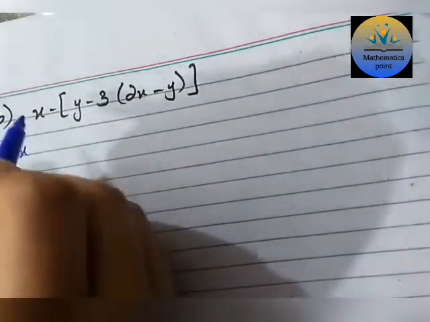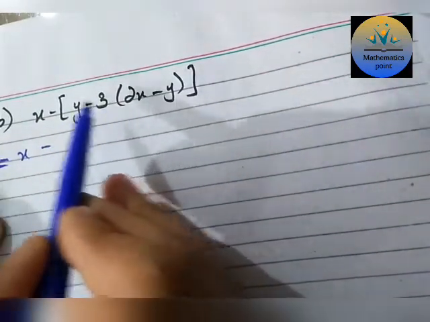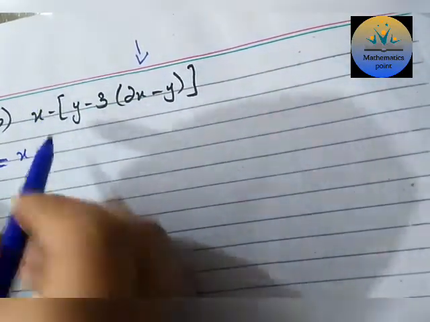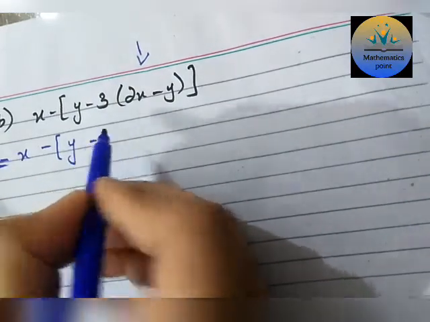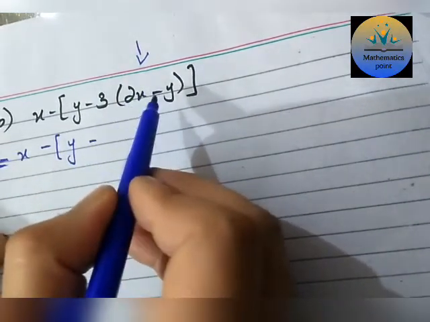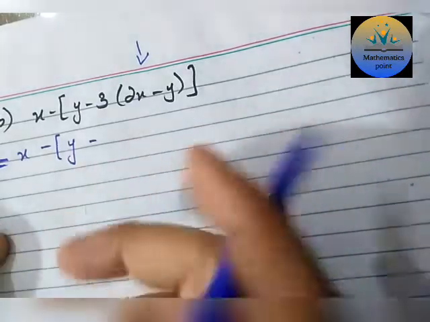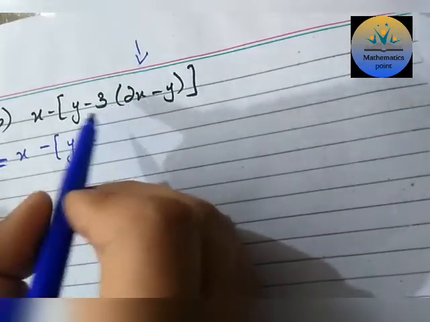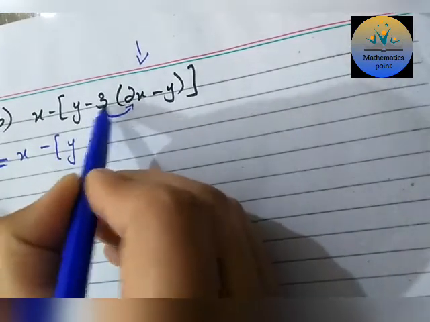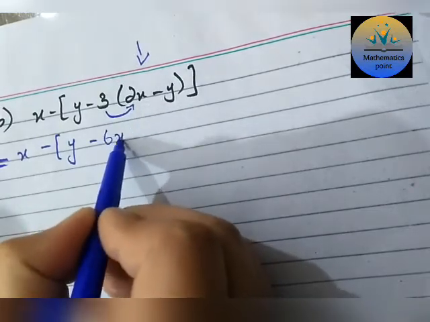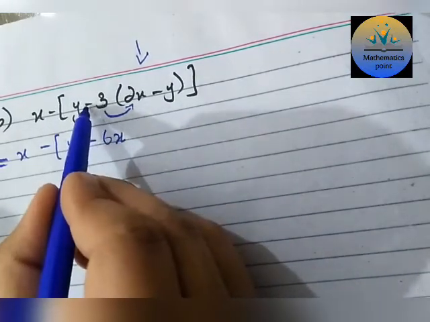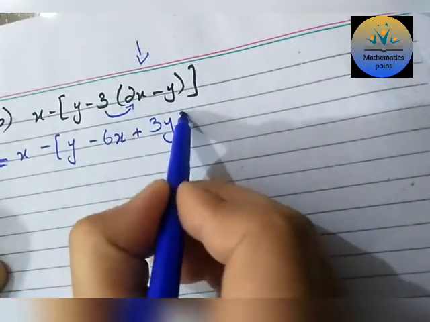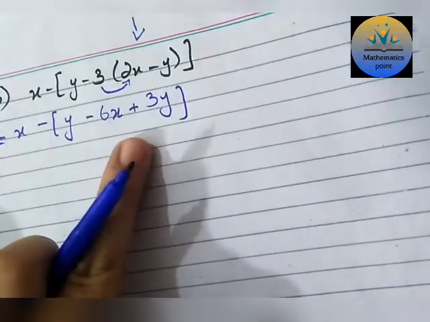Okay, x minus, firstly our target is this bracket. We solve the innermost bracket, so we ignore this one. Just write the things that are similar here. Now to solve this bracket, I expand it. Here a constant is multiplied with this bracket. Distributive law is applied. 3 2s are 6x, and plus minus minus, then minus minus plus 3 1s are 3, and what is the variable here? y.